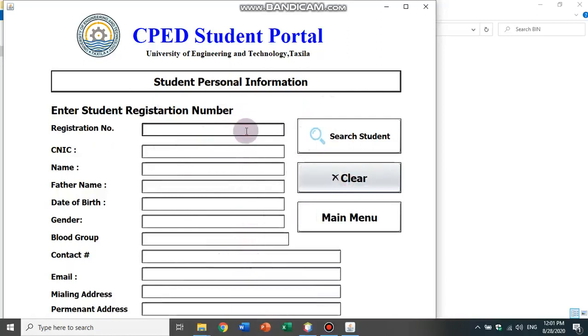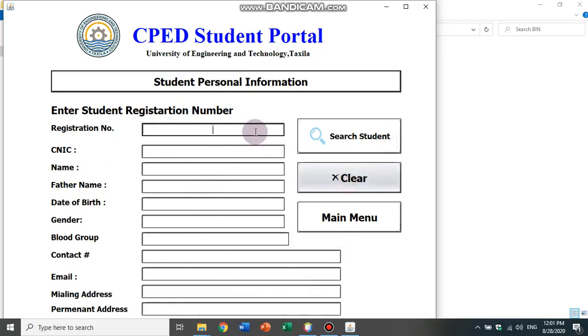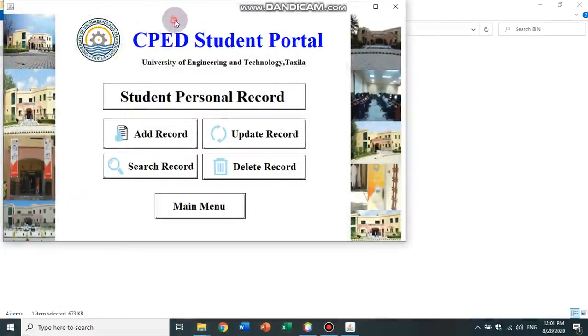Let's suppose I want to search a record of a 17 CP student, 17 CP01. Or if I want to search 19 CP20, this is the record. So this was the search record.